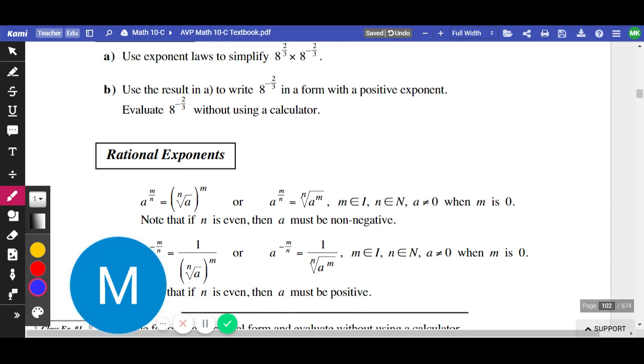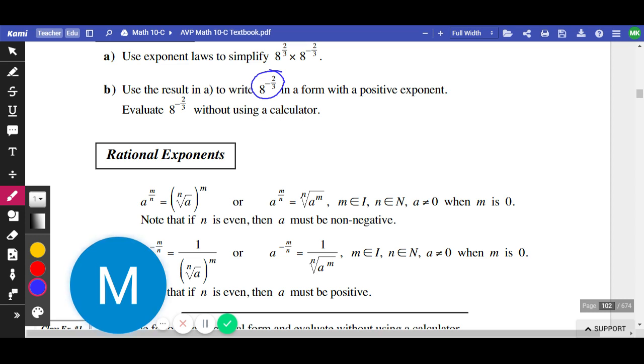Warm up number 4. We're going to just try to simplify this one. We're going to write this thing in radical form and with a positive exponent, because we learned yesterday that you're not allowed to have negative exponents anymore, right? Perfect. Yesterday, when we did negative exponents, we said you do all your exponent laws first. So all your adding, subtracting, power of a power, you do all that stuff first. Then you deal with the negative exponent. After you do the negative exponent, you'll deal with the fraction exponent. So that's the order in which you're going to do things.